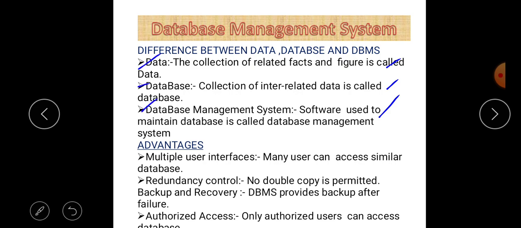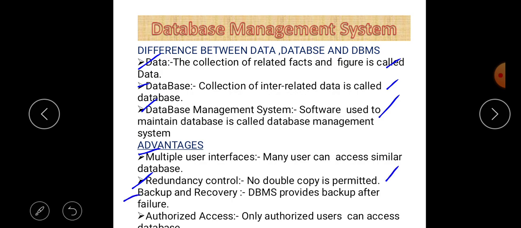So what are the advantages of DBMS? First of all, why do we use DBMS? The first advantage is multiple user interface. It means many users can access a similar database. Second is redundancy control, which means we can avoid duplication of data, so no double copy is permitted.